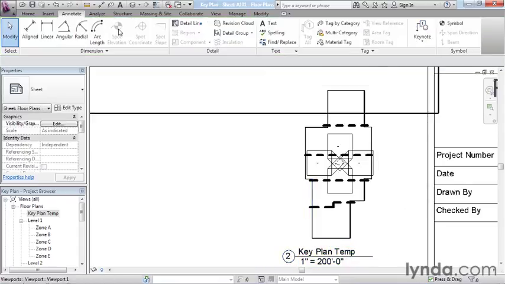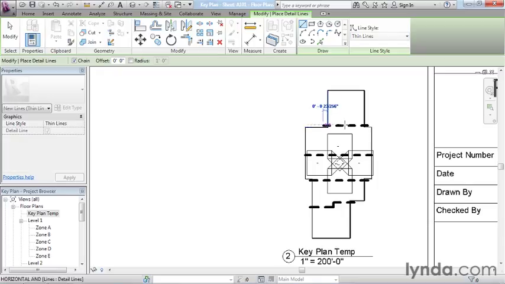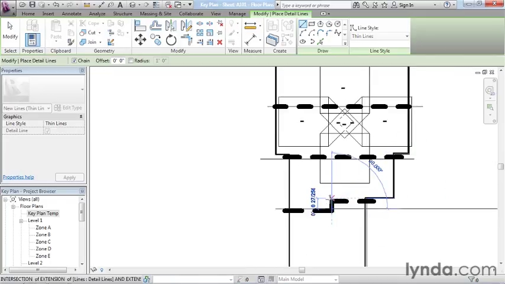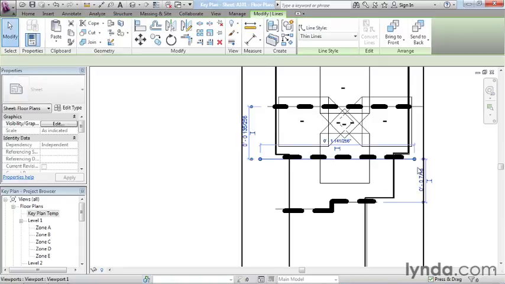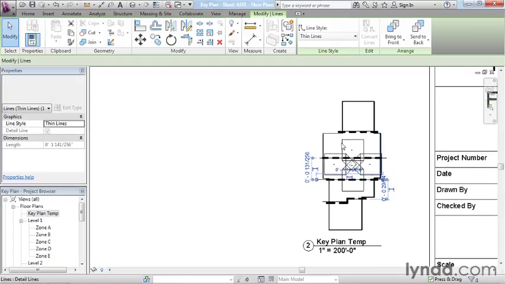Then I also want to draw some detail lines for the match lines. So we'll put one here, out here, and it doesn't really matter how long these are. If I pull them out here, it's a little easier to keep them from trying to snap to the line work that I've already drawn. Sometimes you have to zoom in to do that. So once I have those lines drawn,